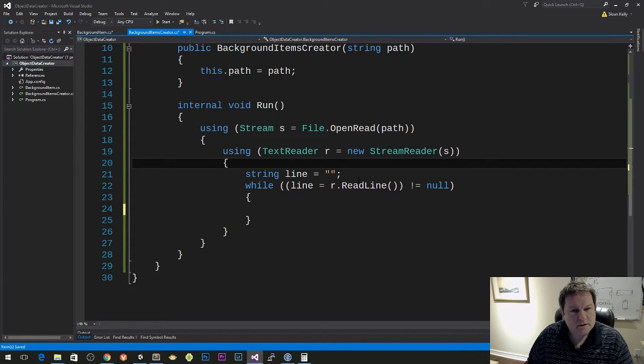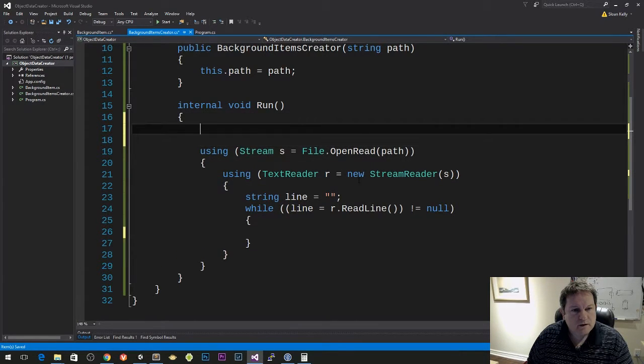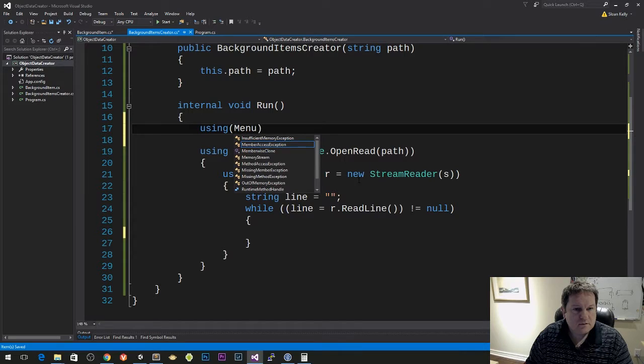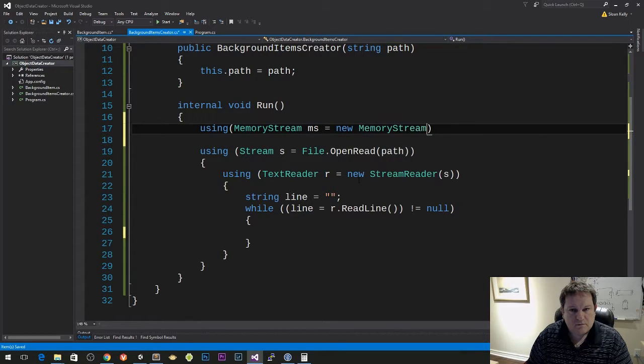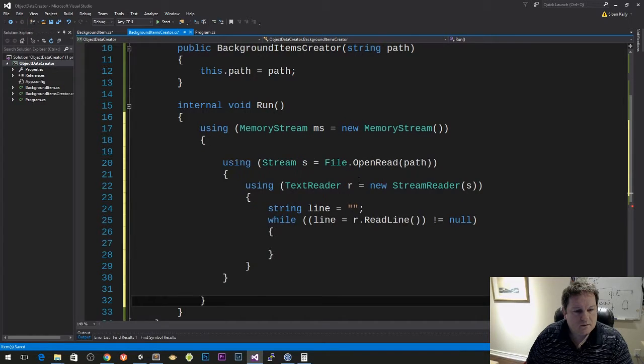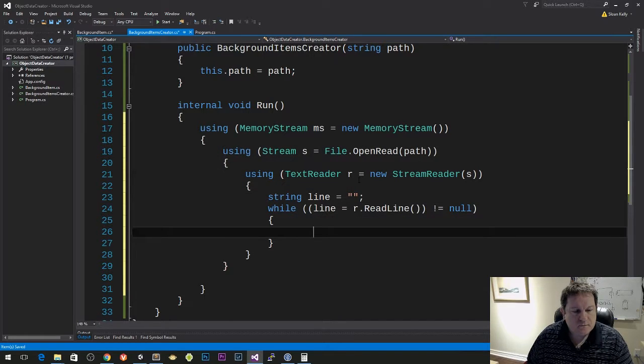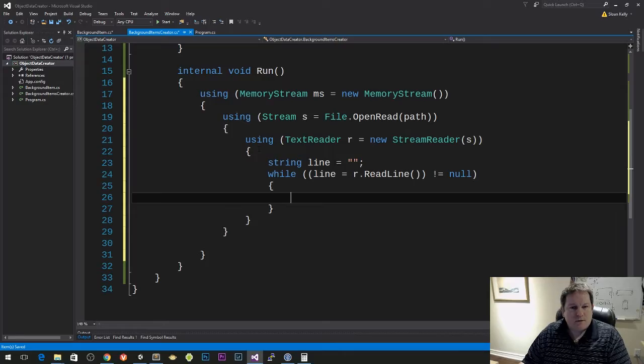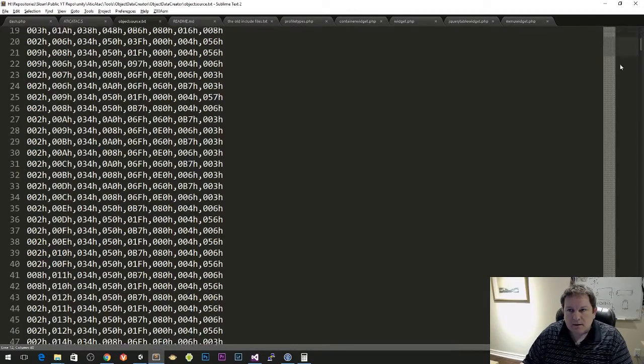Well, actually what we want to have is using memory stream ms equals new memory stream. And each line,